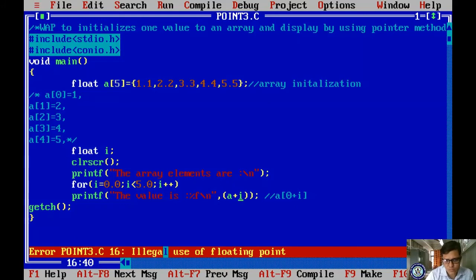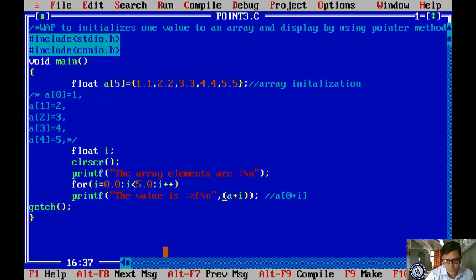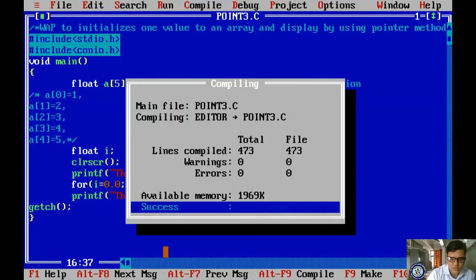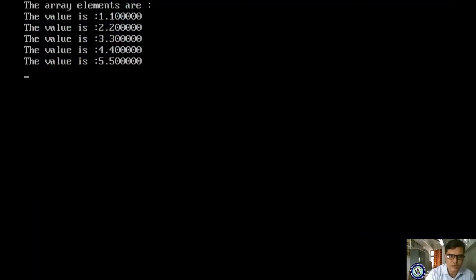E of I. Okay, E of I, compile it, there is no error, and run it.